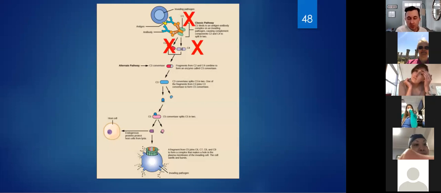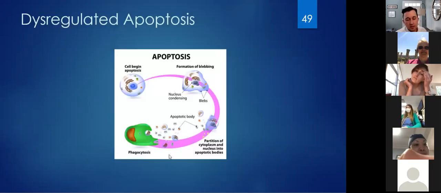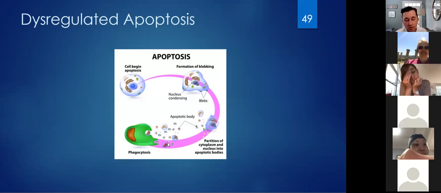As I mentioned, these are located on the X chromosome, and most of the genes affected in lupus help make the complement system. So if you have a defective complement system, the complement can't go and hang out on these little blebs or bodies, and therefore you don't have phagocytosis, okay? So what results is that as these blebs hang out longer than they should, the body ultimately sees them as foreign, and even though it's our own cellular material, it's interpreted as being a foreign cell, and therefore we start producing antibodies against our own cells.